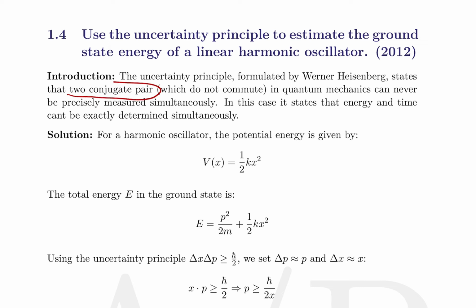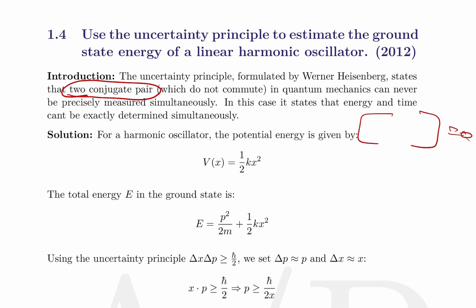So if we have these conjugate pairs which do not commute, conjugate pair basically means the pairs which do not commute, so their commutator is not 0. If they do not commute, then they can never be simultaneously measured precisely with 100% accuracy. Okay, so we started our introduction of the Heisenberg uncertainty principle with this fundamental concept,